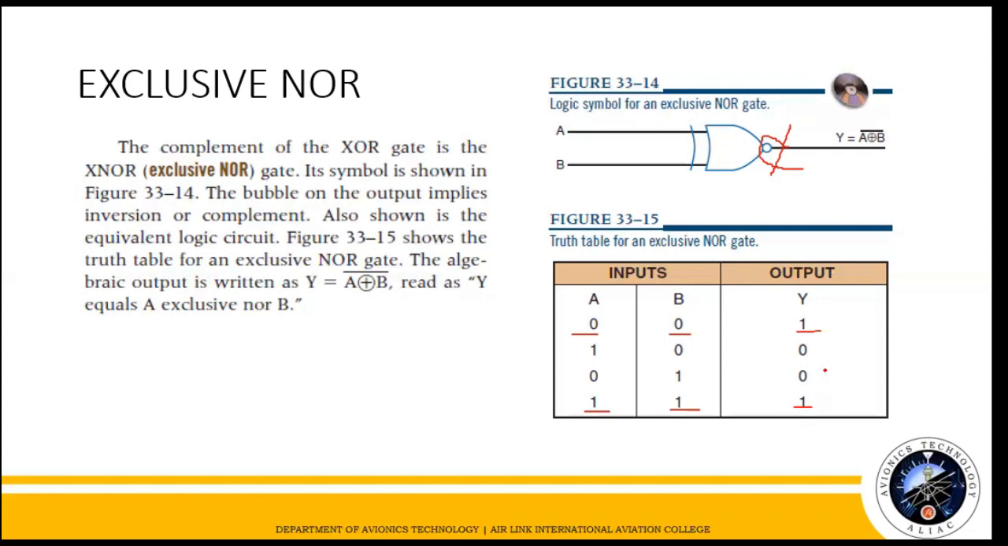So, sa exclusive NOR gate, katulad, ni-read siya any even numbers of the input. Katulad no, kabaliktaran naman to exclusive OR gate. Okay. So, kanina,